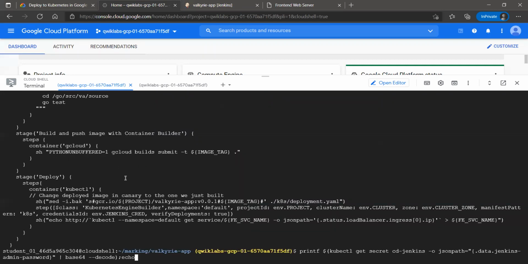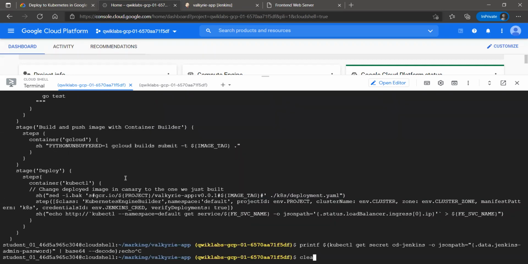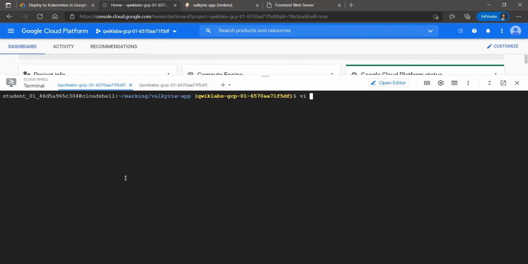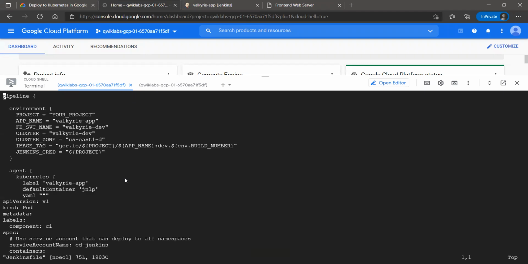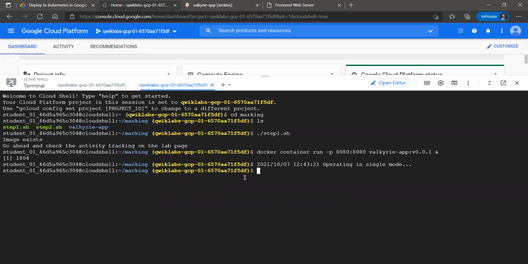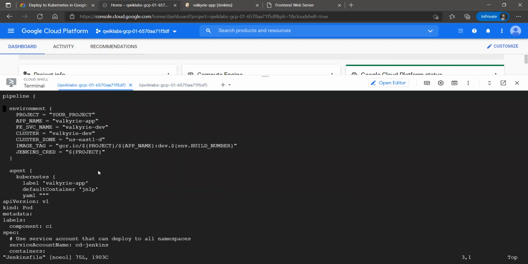Let's do that. I will not write that command. Simply I will edit the Jenkins files. Let me show you both the ways. And this is our project ID. Let's copy it. Click on I to get into the insert mode.